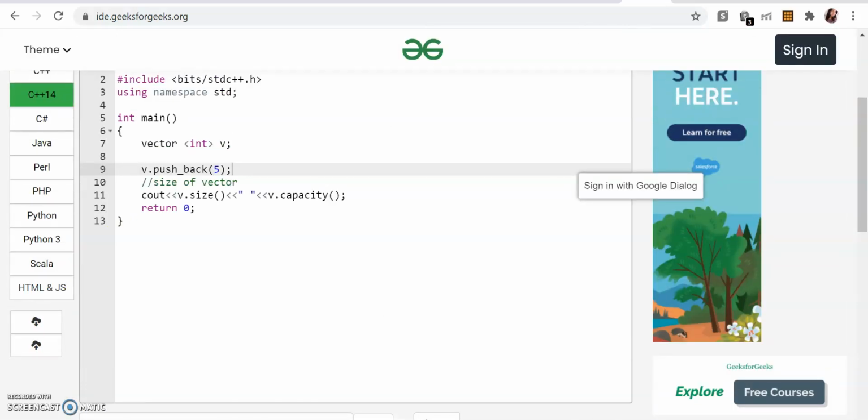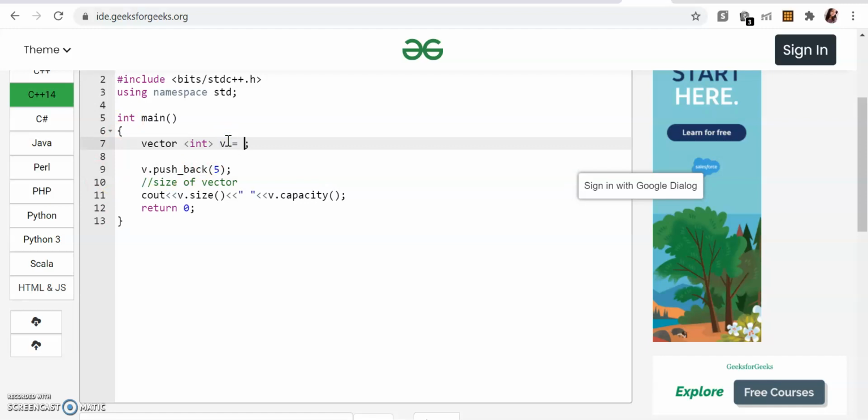If you remember, I told you that whenever you add a new element, and if the capacity is full, then it will double the size. For example, if you have 3 elements in the vector and after that you want to add one more, it will not bring the capacity to 4, but it will bring the capacity to 6. So let's test it out.